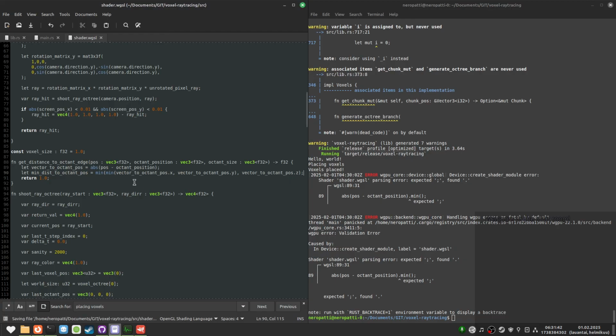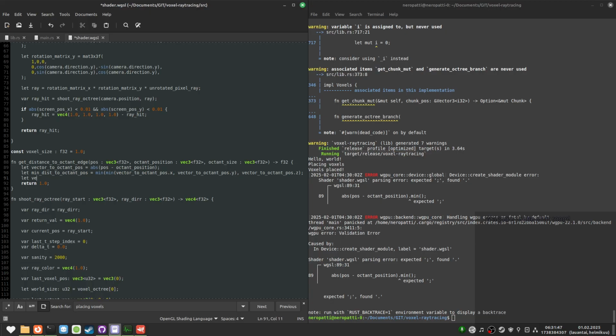And then, so vector to octant end, and we're going to do plus minus octant size.